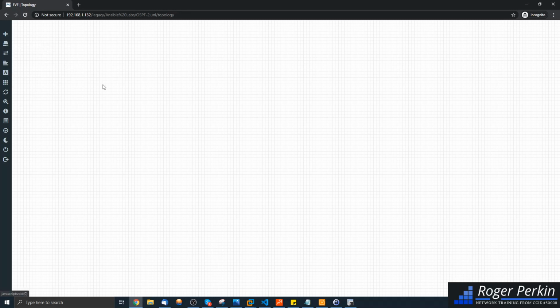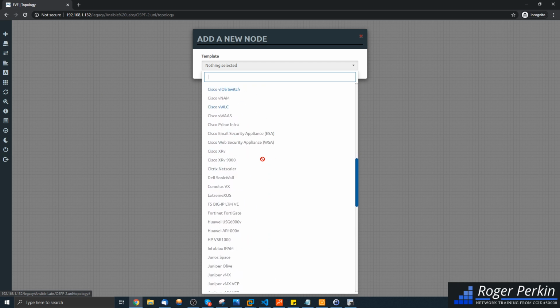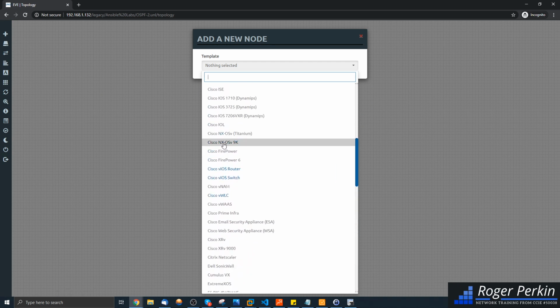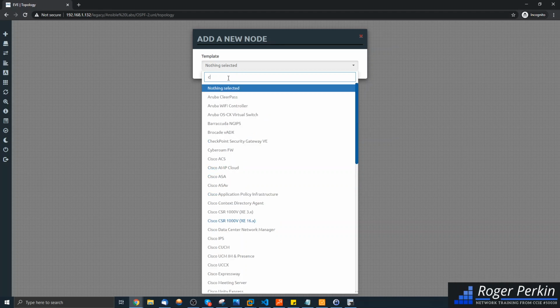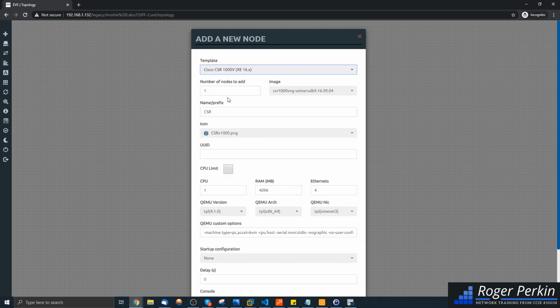For this I'm using Cisco CSRs, and when you go into EVE, there are potentially a lot of devices that you could use. Any that are highlighted a little bit blue here are the ones that I've already pushed an image into EVE for, that I can use. I'm just going to type CSR in here to shortcut that, and I've got a CSR 1000V which I've loaded the image for,